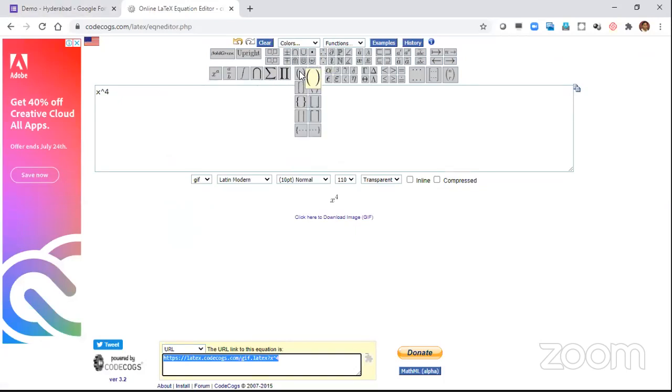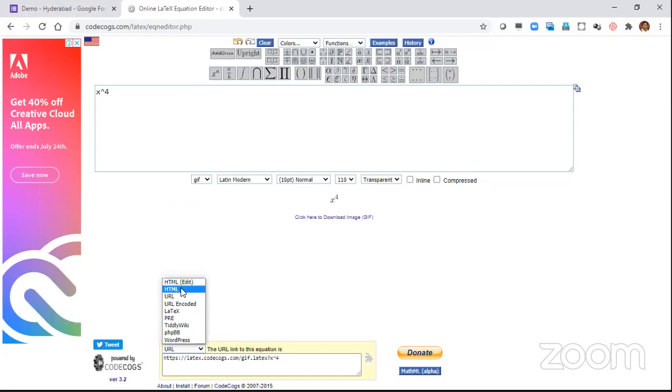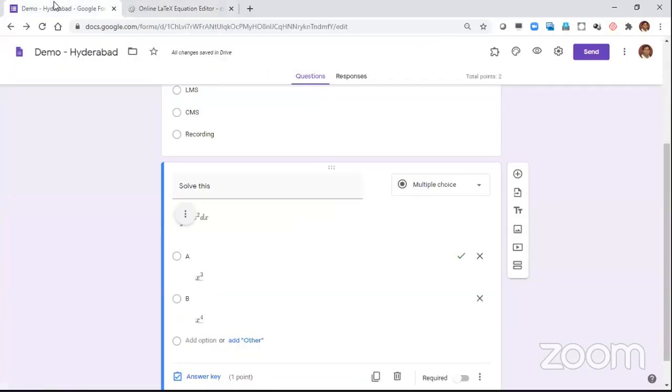If you want to put them in braces, divisions and all of that, everything is doable, and everything you can take the HTML, URL, LaTeX. If you're well versed with LaTeX, please go ahead and utilize this and URL. Okay. So this is all about how you can incorporate math in your equation, in your Google Docs. So it is the same for Google Forms, right? Google Docs also, the same thing would hold good.